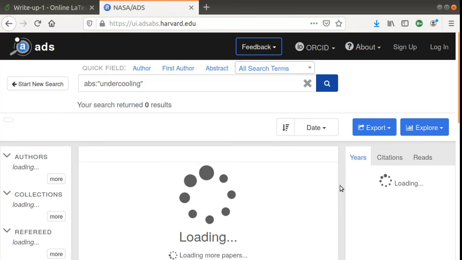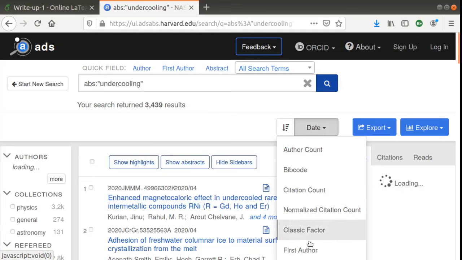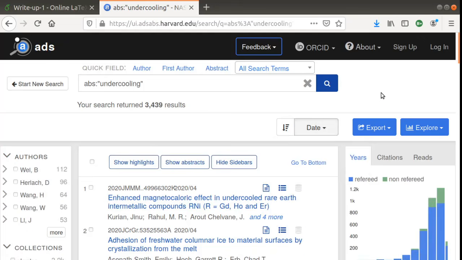These are not necessarily only from physics journals; they will also be from materials journals, and they will be listed as per the date. Okay, you can change that way of listing to citation based or author based, etc. So the most recent article will be on the top.